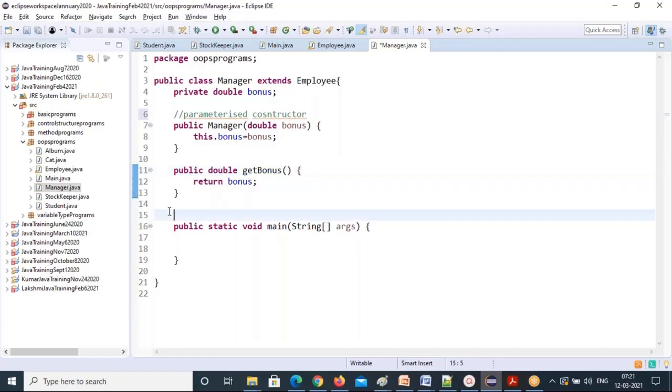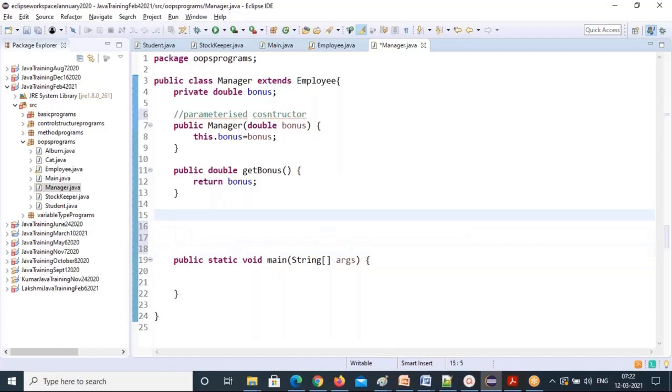Okay, done. I want to create one static method and one non-static method. So protected static void. What are the manager's responsibilities? The manager manages the team, assigns the tasks and attends the status calls.